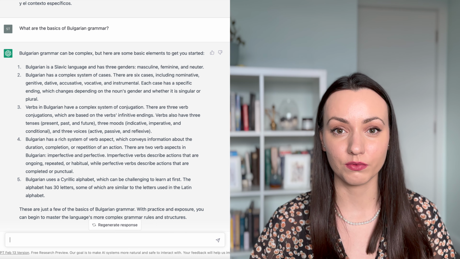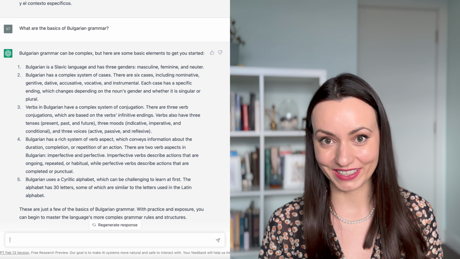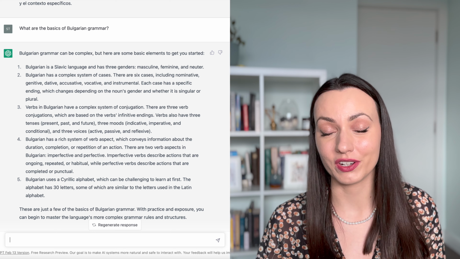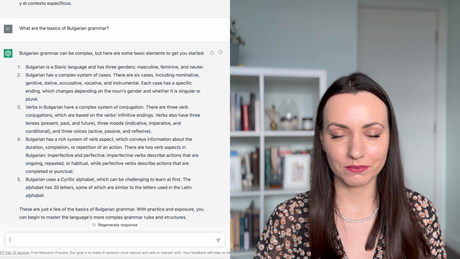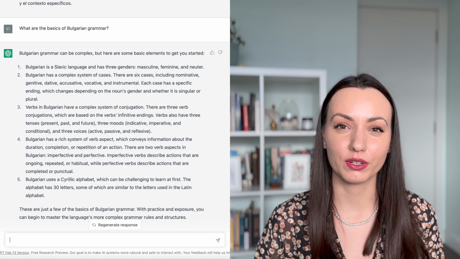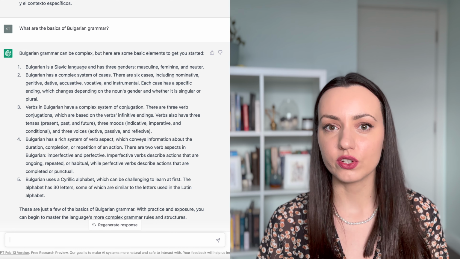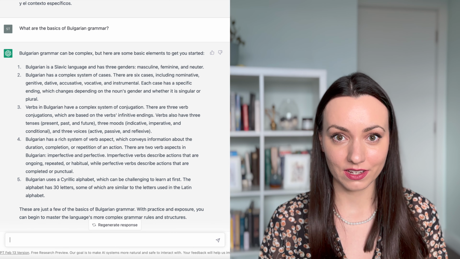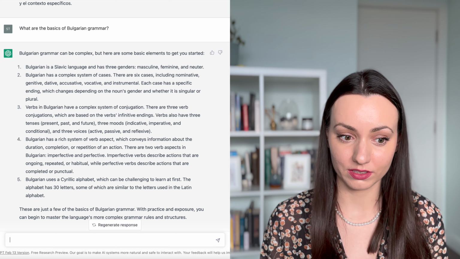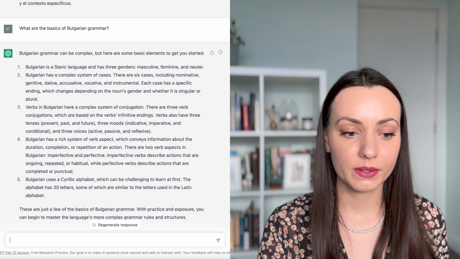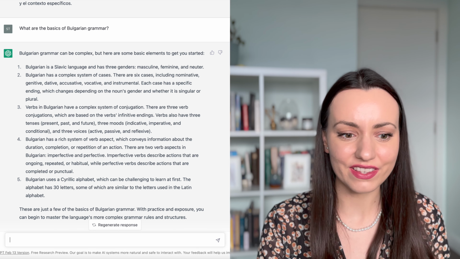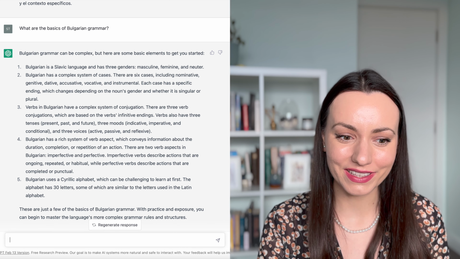to other Slavic languages in which almost everything changes depending on case, not just the articles. Well, actually, other Slavic languages don't have articles, so in Bulgarian, it's okay, a little bit in the article. In other Slavic languages, such as Russian, which I'm currently studying, the whole noun changes and adjectives change and everything. Bulgarian doesn't have that. It is actually famous for not having that. So I am shocked that ChatGPT would make that mistake, because it's a simple matter of Googling things and pulling from the internet, and that's just weird that it would write that.